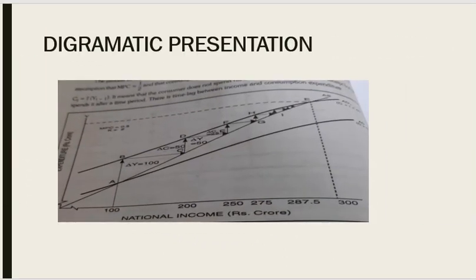This is the diagram which I have taken from the book because it is a little bit difficult to make it on the computer. So I have taken this diagram from the book. Here you could see there is a change in income of rupees 100